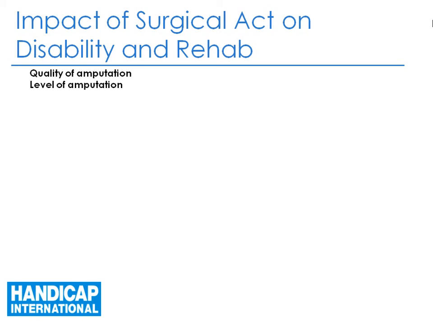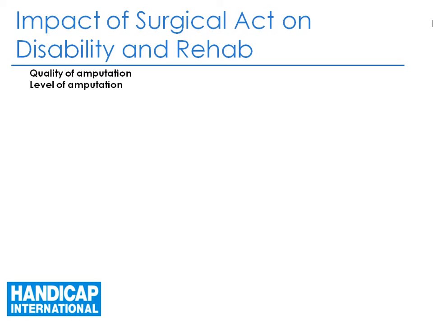Second factor, and I would like to say a few words about it, is the level of amputation. We talked here today about cutting or not cutting. When the decision to cut is taken, there are also factors to consider in terms of level of amputation. There are levels of amputation that are better in terms of functional recovery and rehabilitation. I know that a surgeon has to balance the medical condition and cannot cut wherever he wants; he has to cut where he can. But when that decision is taken, I think it's important to try to remember a few rules.